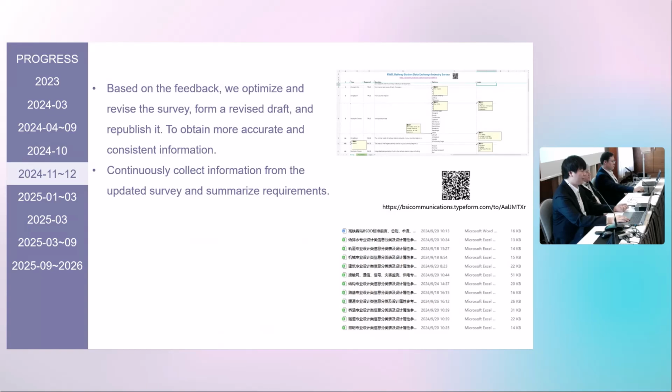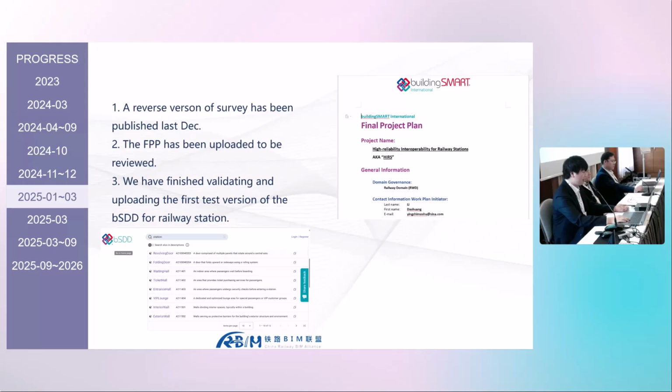From November 2024 to December 2024, we did a lot of work based on the feedback. We optimized and revised the survey from the revised draft and republished it to obtain more accurate and consistent information. We continuously collect information from the updated survey and summarize requirements. A revised version of the survey was published last December. The FPP has been uploaded to be reviewed, and we also finished validating and uploading our first test version of